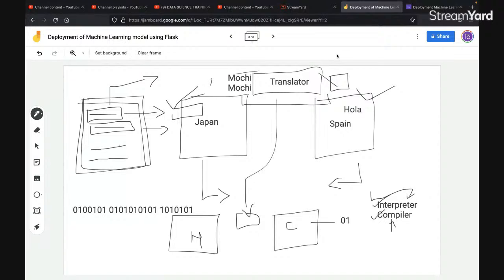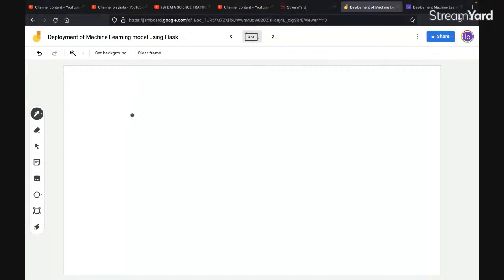Now let's understand the backstory of Python, how exactly Python was created. I'm going to take you back to the late 90s. During that time there was a guy whose name was Guido van Rossum. He was an engineer. He used to do programming, and he worked in a firm where he got a task to create something with the help of a programming language. At that time he used a programming language known as the ABC programming language.